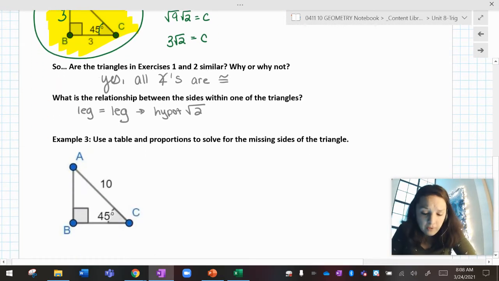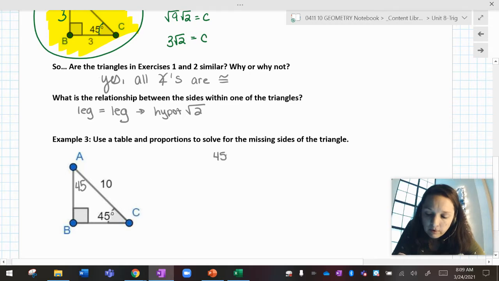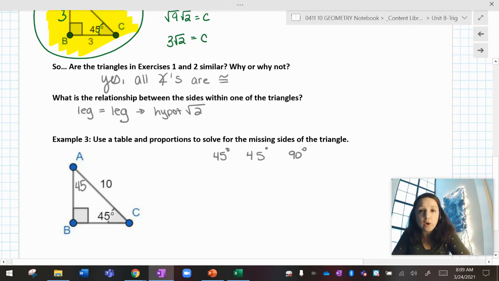What I can do with that is use a proportion to solve for the missing side. That means that in every 45-45-90 triangle, I'm going to have sides where it's one side, another side, and then that number